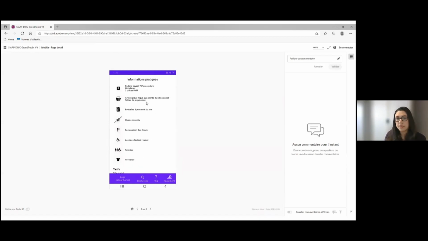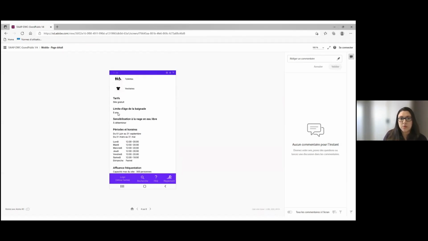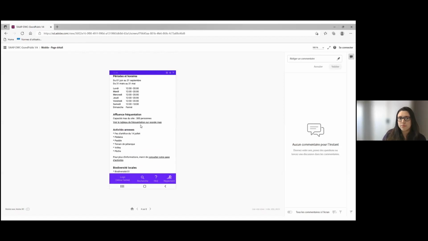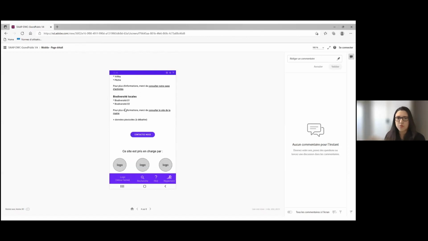And the other information is of course practical information: the level of the site, what is authorized, what is prohibited, what is accessible, the opening and closing hours, the number of visitors or users, and also annex activities, and local biodiversity.